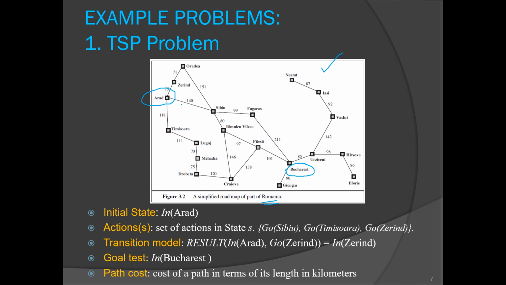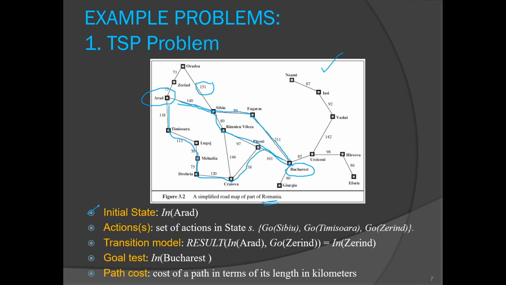We can see that this is one solution. Another solution is this one. So these will be 2 different branches in our search tree, right? This is another possible path. And we want the path with the minimum number of kilometers. These numbers are actually distances in terms of kilometers. Now we will try to define this problem in terms of those 5 components.